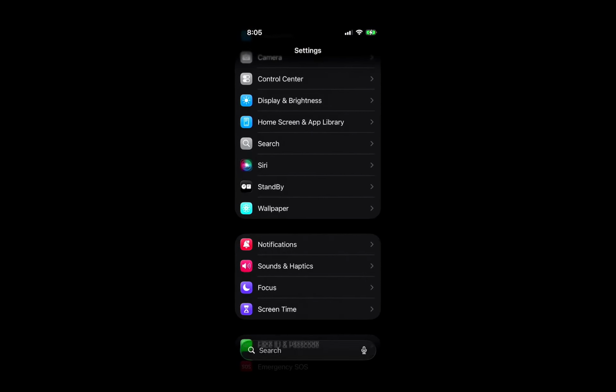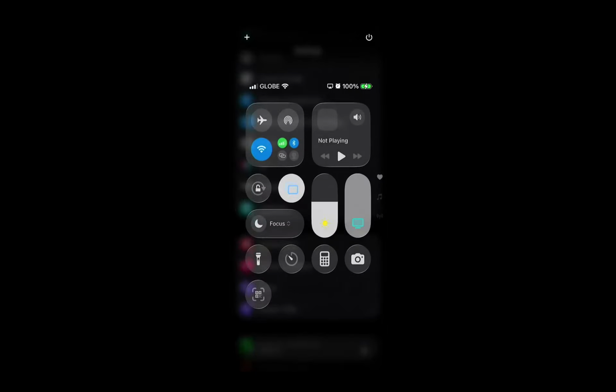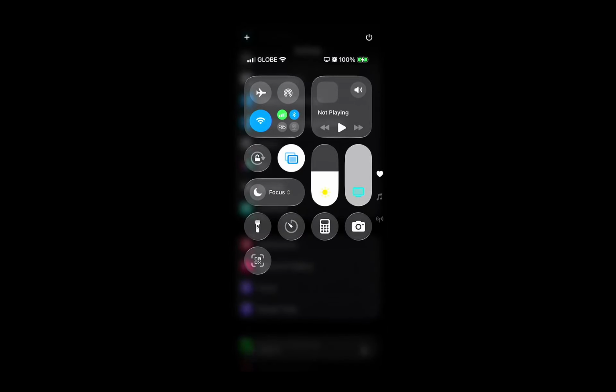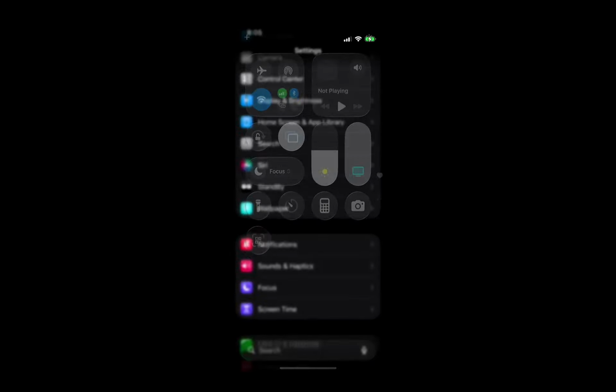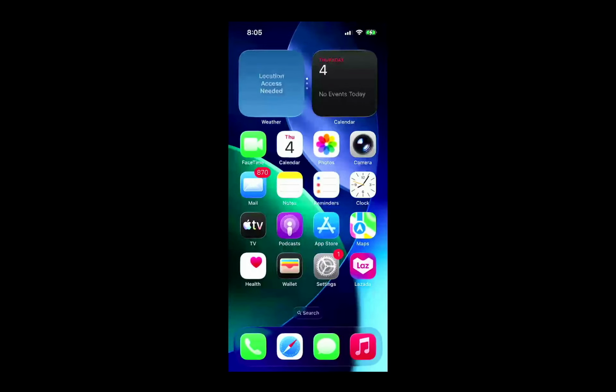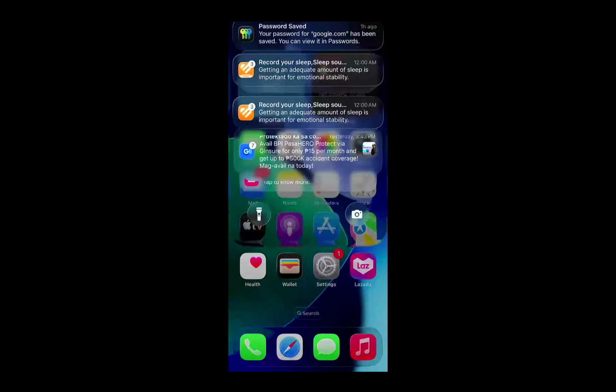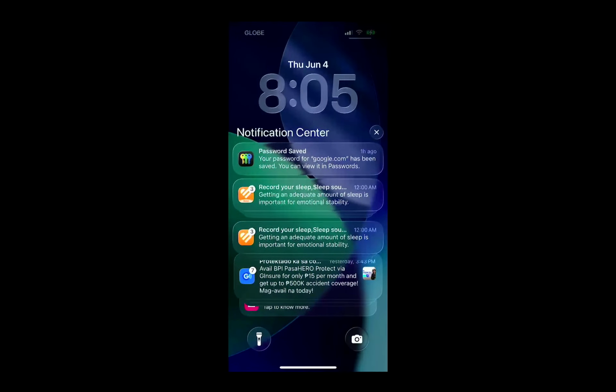Another quick way to turn off notifications is directly from a notification you receive. When a notification appears, swipe left on it, then tap Options. After that, select Turn Off. This is a fast shortcut because you don't have to go digging through settings. It's especially useful when an app starts sending repeated alerts and you want to stop them right away.